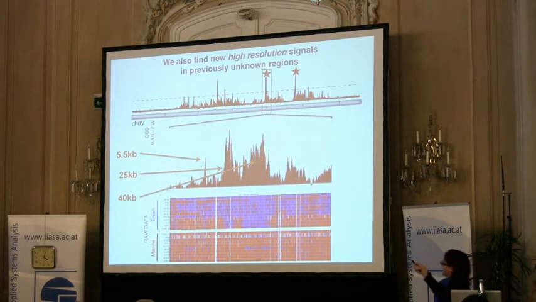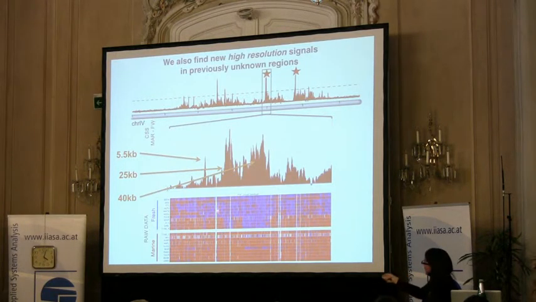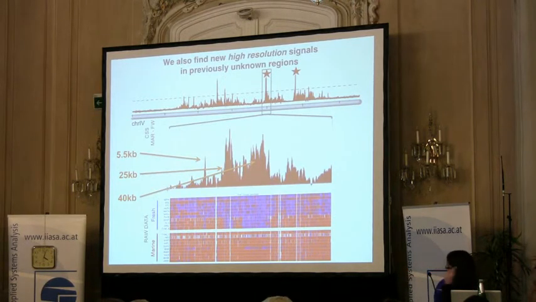But we also came up with these other regions that we had no idea about from our mapping. We had no idea that these exist, and we see very, very high resolution patterns of global reuse of standing genetic variation. I'm showing you the raw data at the bottom. The marine fish are in the bottom 10 rows, the freshwater fish are in the top 11 rows. I've color-coded the alleles: red is the ancestral marine allele and blue is the derived allele. Just by eyeballing the raw data, you can see there is an excess of derived blue alleles in these particular regions. So it's a strong signature of a sweep that has occurred.